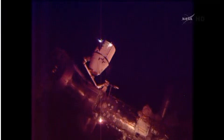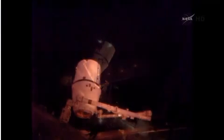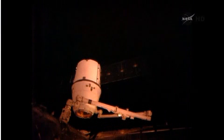Again, the Dragon was captured by the space station's robotic arm with Commander Koichi Wakata at the controls at 6:14 a.m. Central Time, about 2 hours ago, and it's bringing with it to the station 3,500 pounds of supplies, hardware, and experiments, 150 science experiments in all, including experiments that look at growing plants in space and demonstrating laser optics to be used to communicate with Earth,